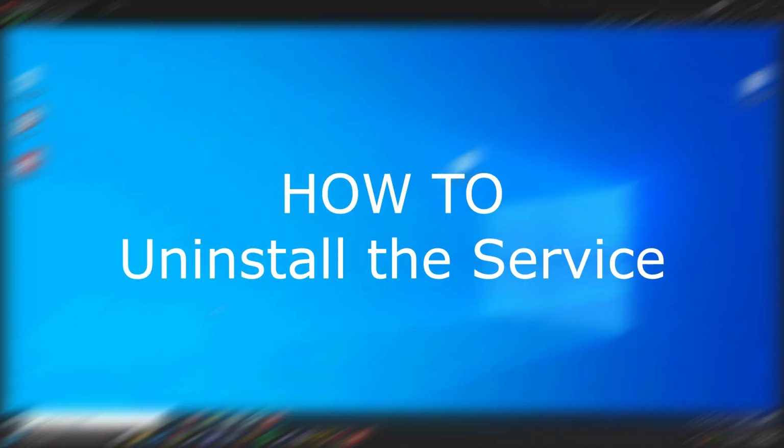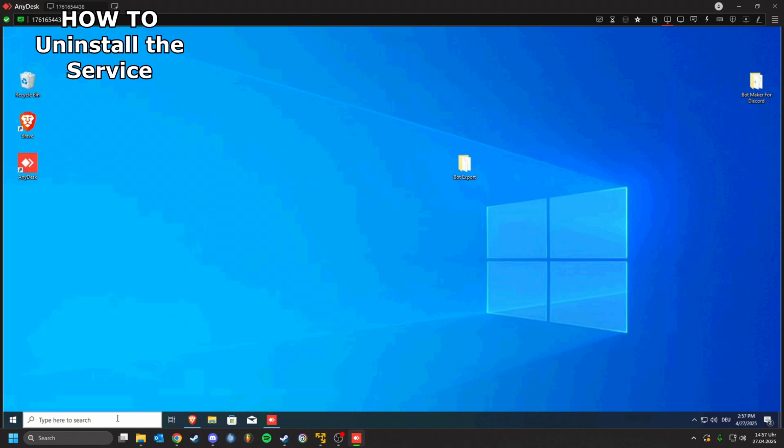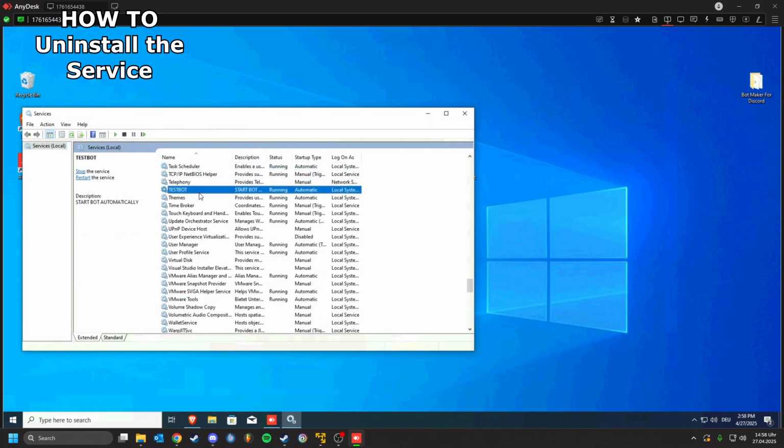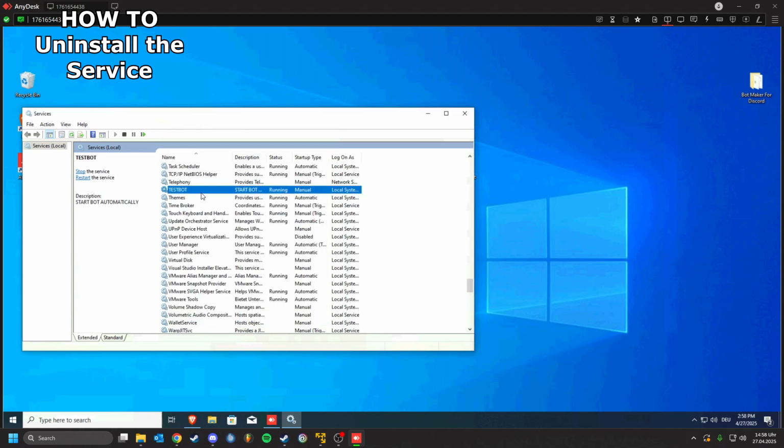How to uninstall the service. First, we head into the Services application on your virtual machine and look for the service. We remember the service name, set it to manual, apply it, and then stop the service.